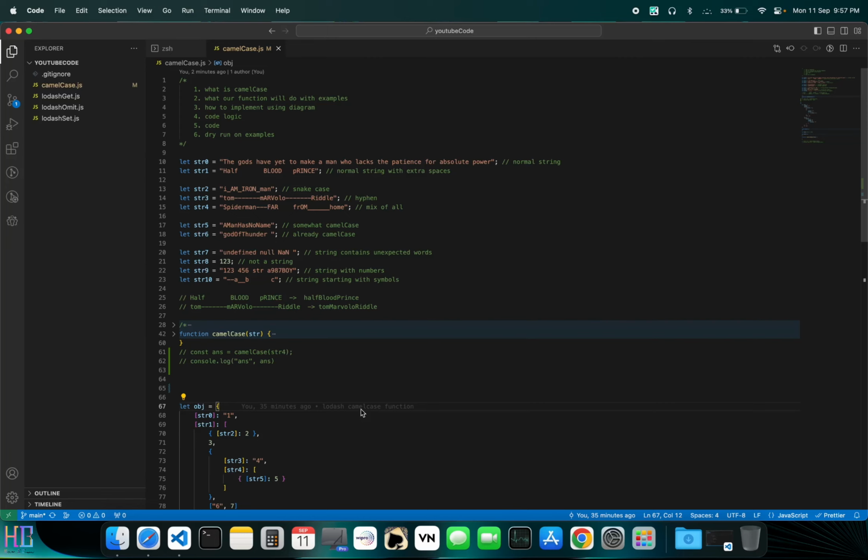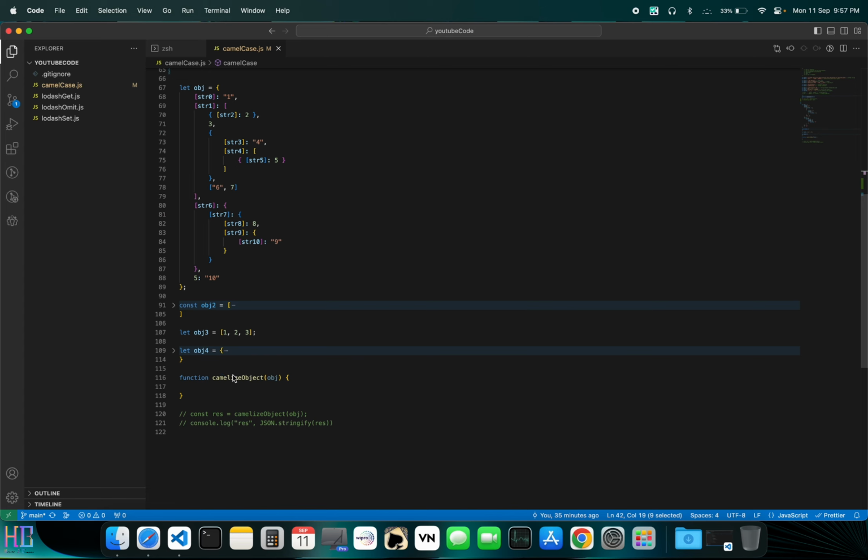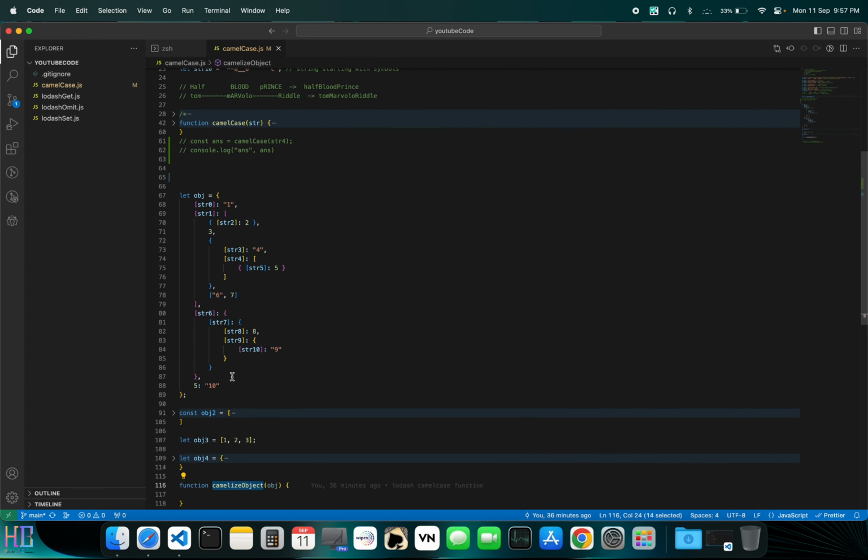Hey everyone. So this is the second part of our camelCase video. In that video, we wrote a function that converts a string into camelCase. And in this video, we will write a function that takes an object and converts all its keys